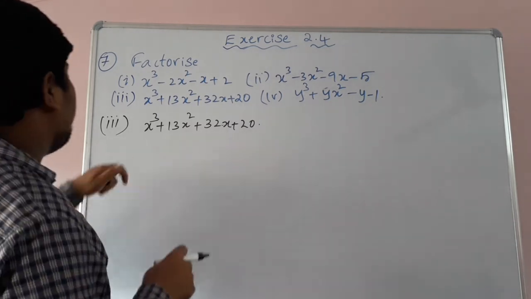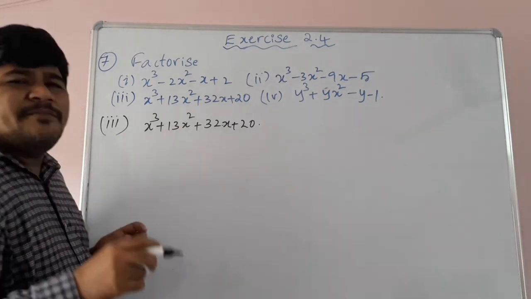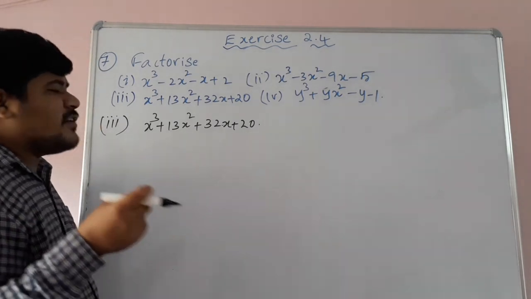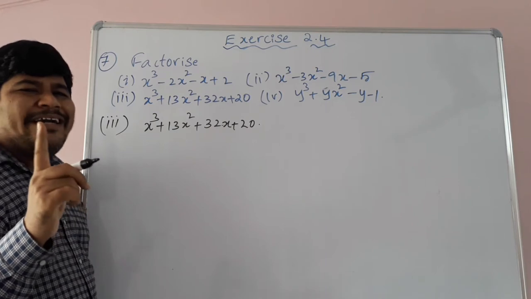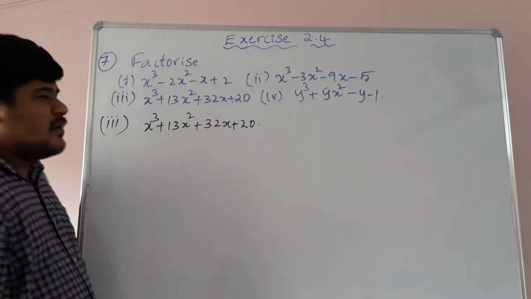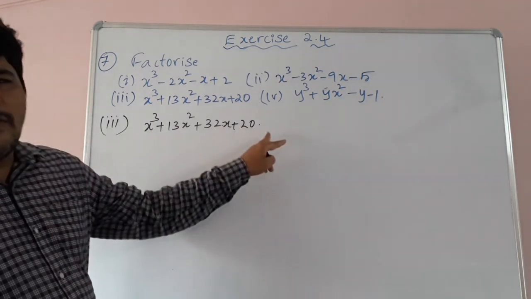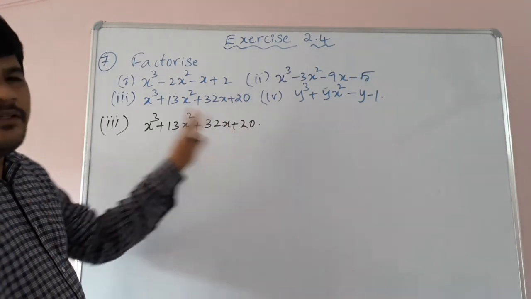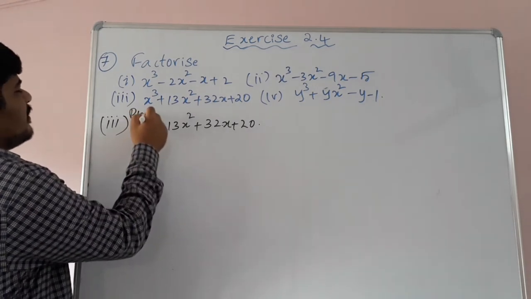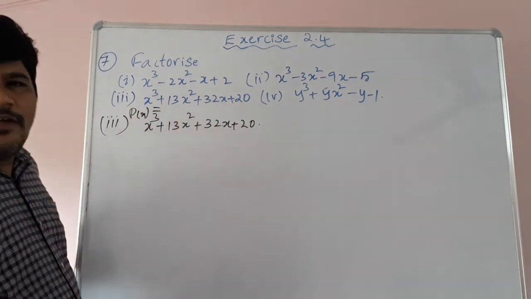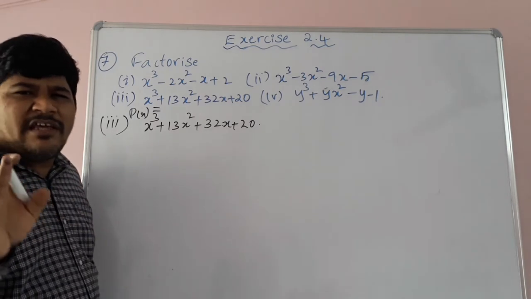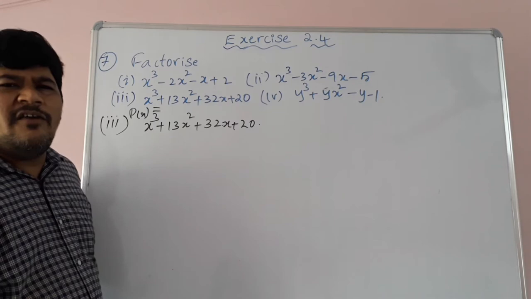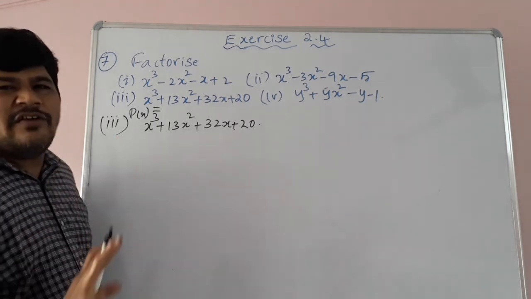So children, that is the reason we solve this problem by Horner's division method. In Horner's division method, first we need to find one factor by the trial and error method, children. Trial and error. See here, all are positives. If all are positives, children, no positive value can give you the result 0. First name it as p of x, children, that is better. P of x is equal to this expression. Any positive value never gives you the result 0. Wherever you get remainder 0 is called a factor. So no positive value will satisfy.